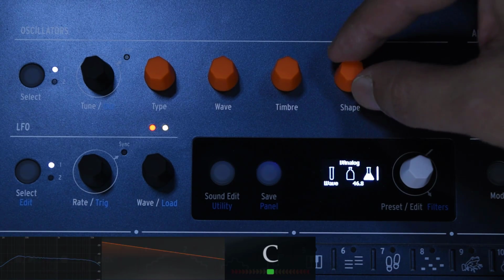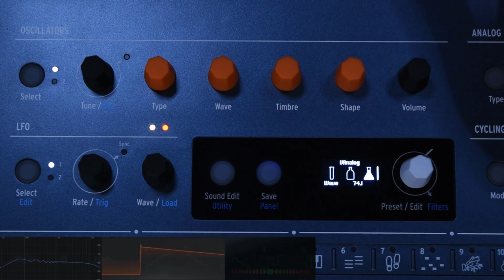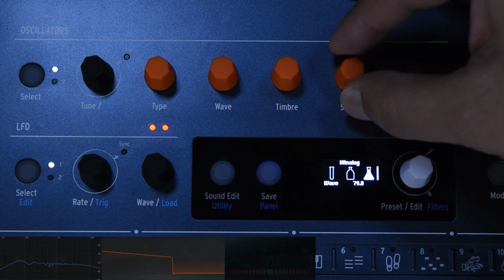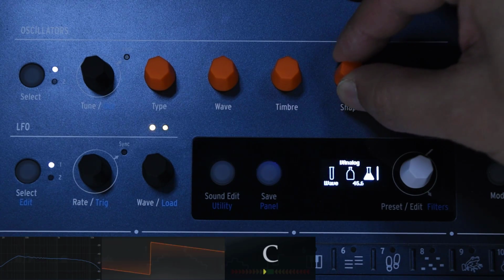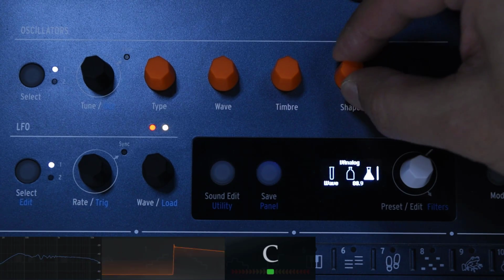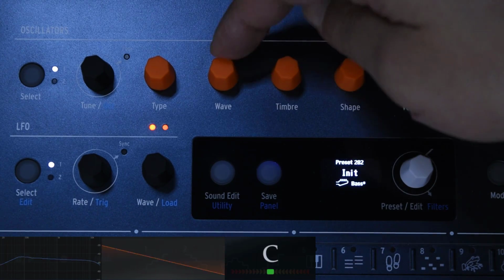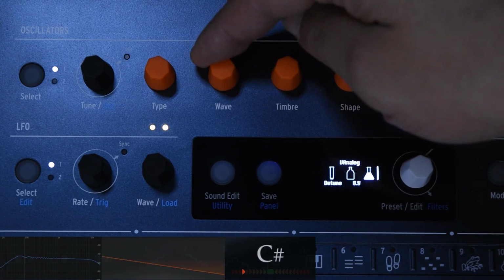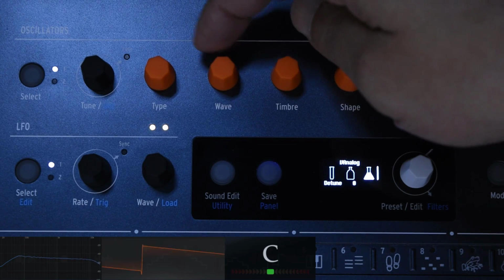triangle to a saw. As we keep going up, it's gonna take it to a square, and then if you keep going up, it's gonna be a narrow square. But still, the fundamental tone is super low in frequency, just super low. Now this one, the wave, is going to be the detune, and it will change the frequency of the oscillator. As I keep going up, we get a C, if it's all the way down, because I'm pressing a C,